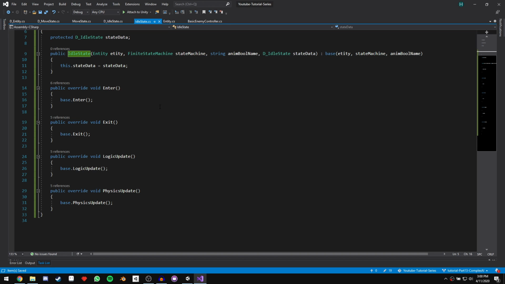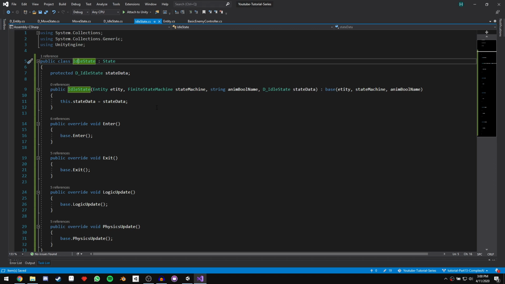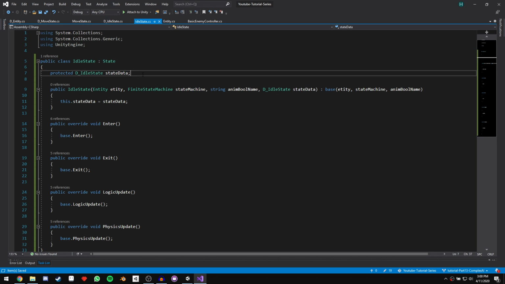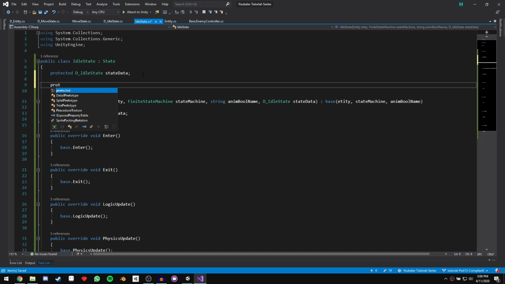So say the character has been moving in a straight line for a certain period of time and it just goes to the idle state, even though there's nothing blocking its path, and it just wants to keep walking straight. So we'll add a Boolean parameter to our state to make it so that we can choose if we want to flip when we leave the state or not. So we'll create a protected bool that we'll just call flip